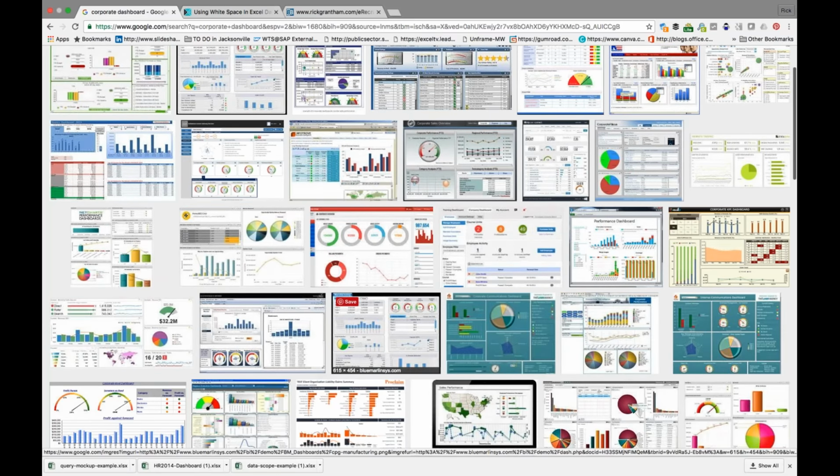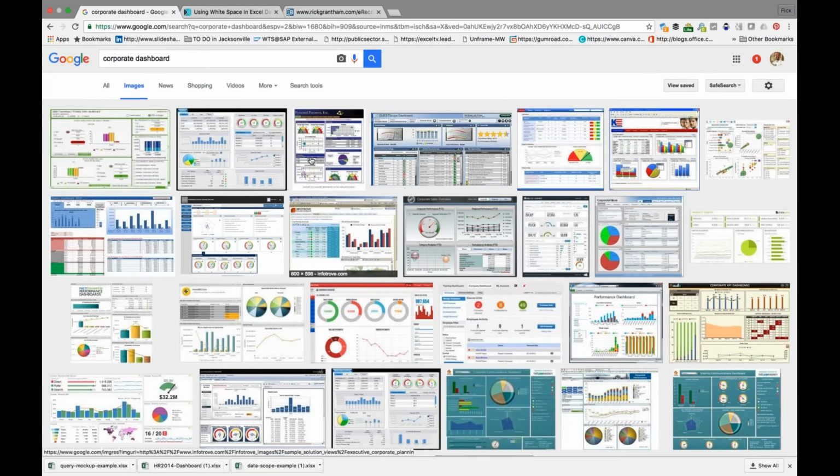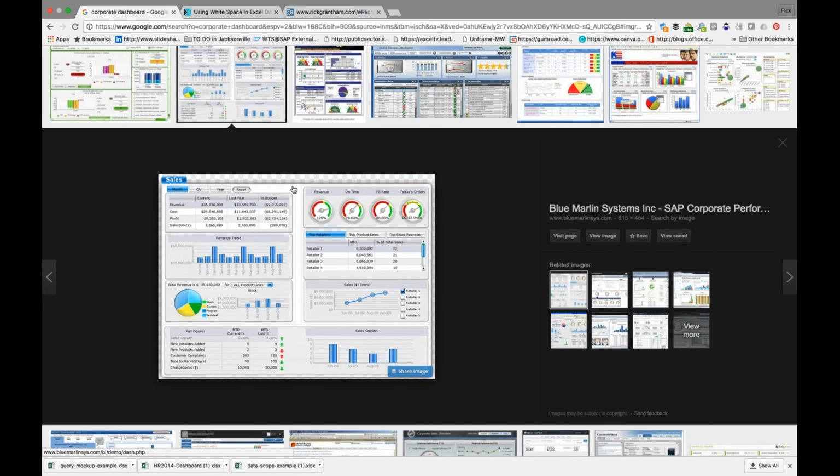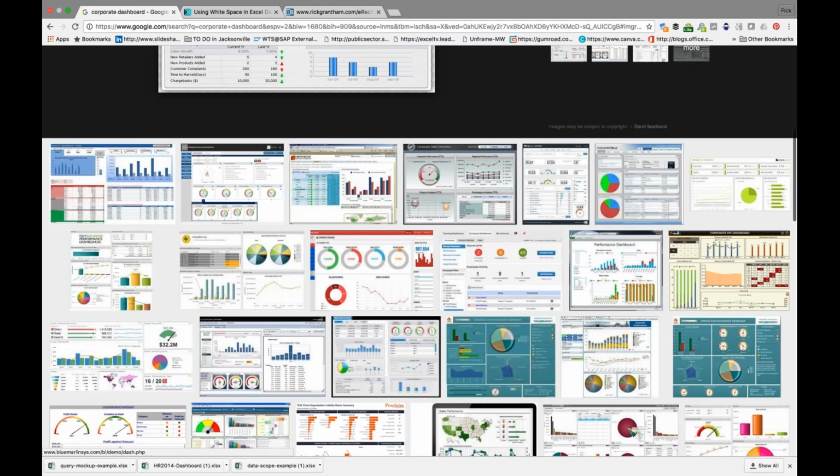The first one is navigation. We'll pull this one up just as an example. Corporate dashboard, while there's navigation up here at the top. There's sales, but typically there would be several more in navigation. Let's go to another one here. So that's what I mean by navigation. It's across the top. Typically that's in just about every dashboard. You'll find some way to navigate through those.